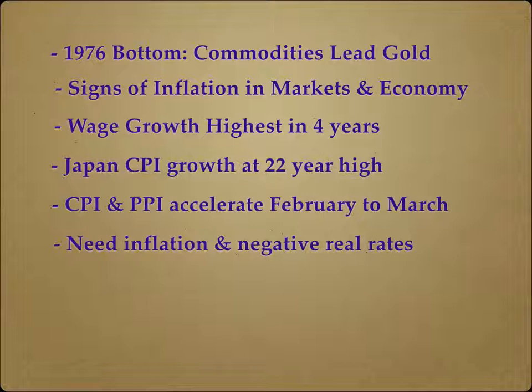So just a couple observations I just want to talk about. The one thing that listeners could point out is they could say, well, commodities are looking good, these charts are looking good, but why isn't gold moving? Study the 1976 bottom where gold got destroyed. Commodities corrected, but they held up much better than gold. And after that bottom, the economy was picking up a little bit, and then inflation began